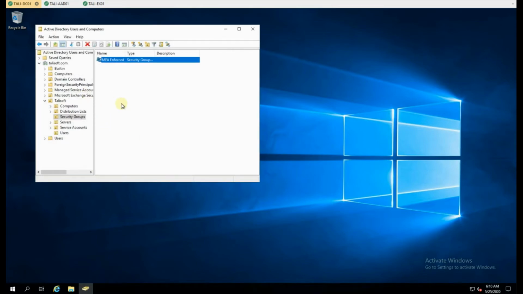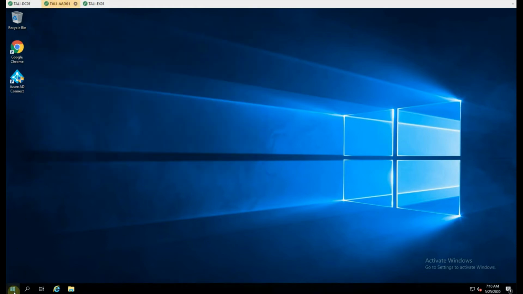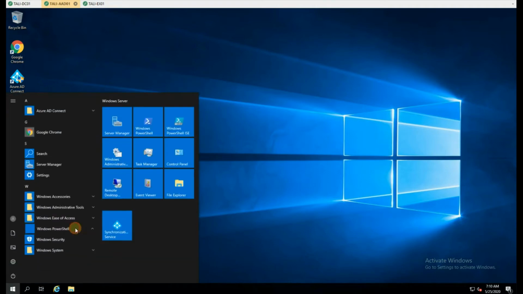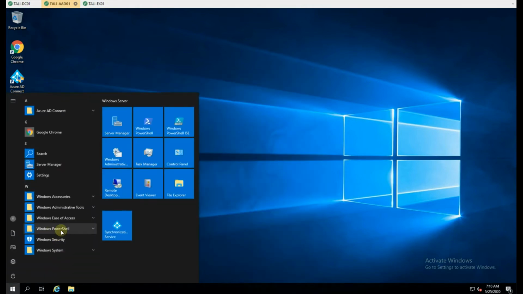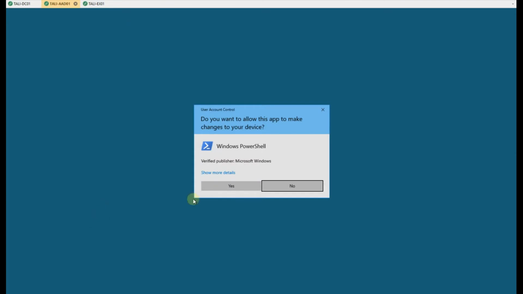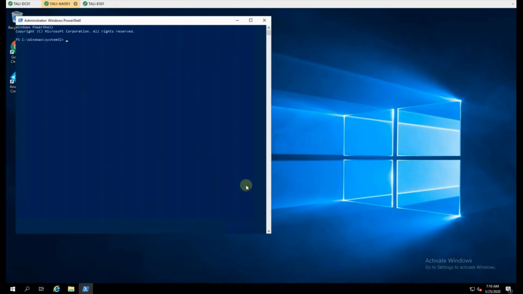Now we do need that obviously inside the Azure AD, so I will flick over to my AAD box and I will very quickly go to PowerShell. As you can see, I will run PowerShell with admin credentials, one of the key factors here, and we will start AD sync, press tab, get to our setup here, policy and delta, and that will speed up the replication of that security group into Active Directory. So while we're just waiting for that to happen,